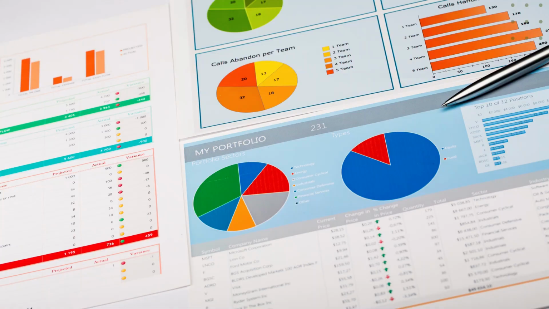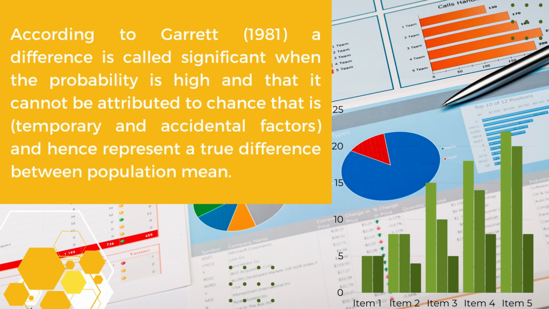But how can it be done? According to Garrett, a difference is called significant when the probability is high and it cannot be attributed to chance, that is, to something temporary or accidental, and hence represents a true difference between the population means. It means that if the difference is true, then again and again we will get the same result,